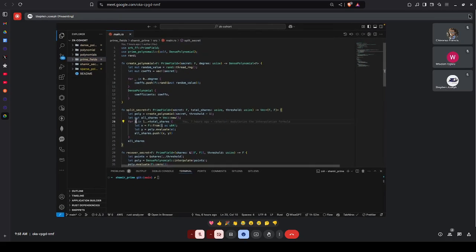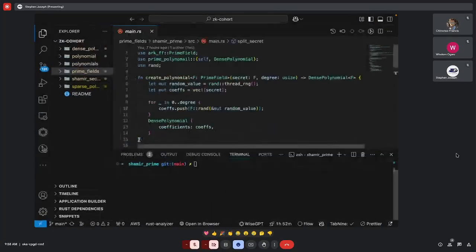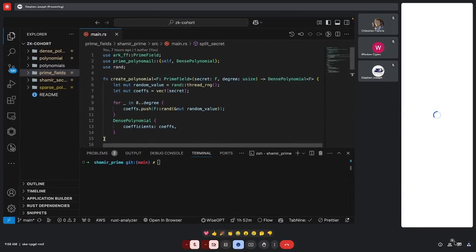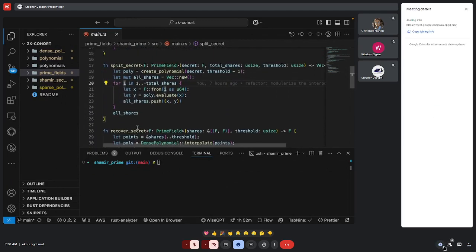Good morning everyone. So this is my implementation for the Shamir sharing. So first of all, the goal of Shamir sharing is that once we have